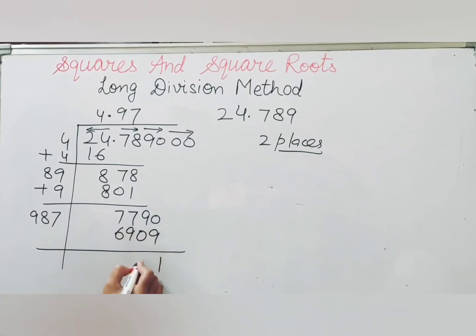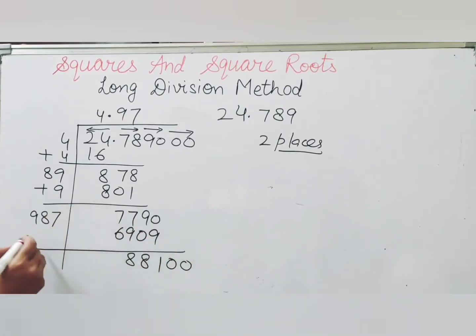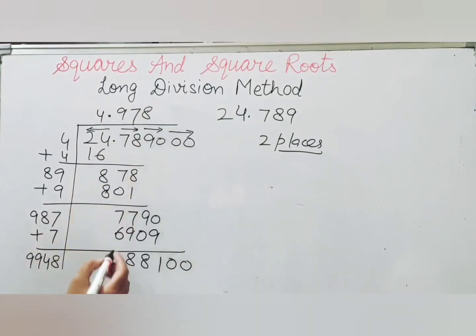Subtraction is 1. That is 8 and 8. And carry down the next pair, that is 00. And on this side add the quotient. Then we have 994. Now we have to put the number after 994. For the last digit, 9 eights are 72 and 9 nines are 81. So we will check 8 and 9 both. So it goes on 8 and 8. That would be 79584. And then the remainder is 8516.